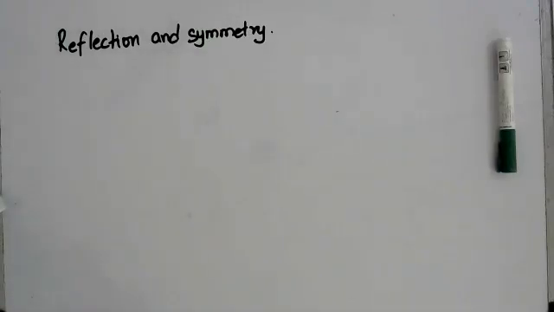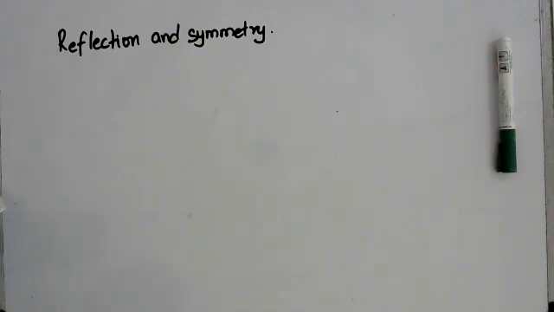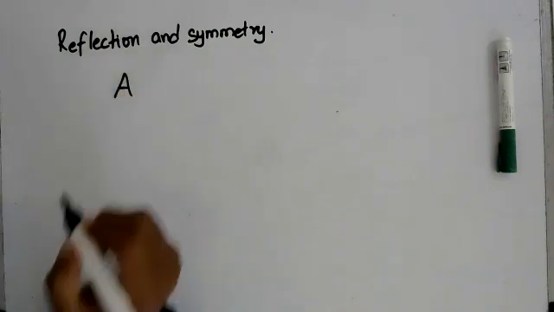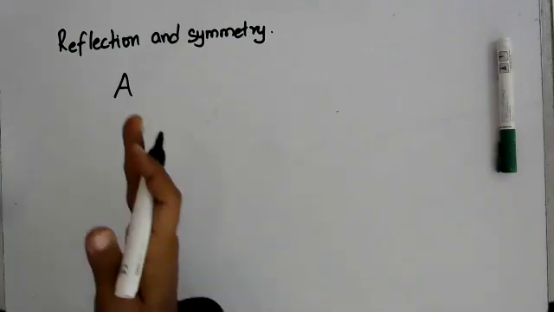So let us just take up this part of the chapter, that is the symmetry part of it, and talk a little bit about what is reflection and symmetry in terms of mathematics. Okay, the simplest thing would be to look at alphabets and numbers. So if you take alphabet, you say that there is the letter A, and the basic question is, if you